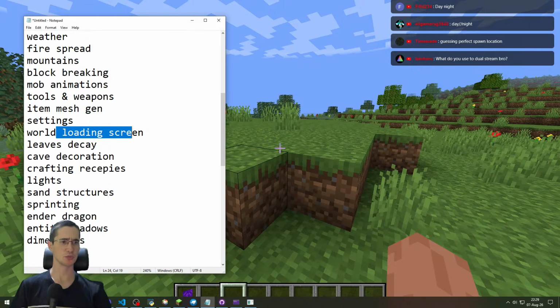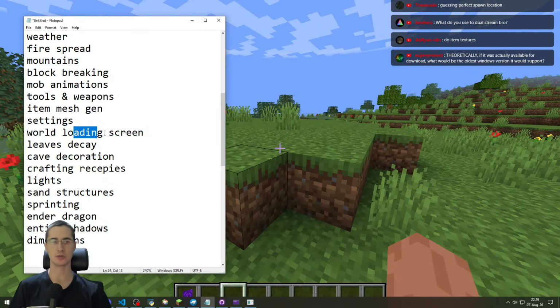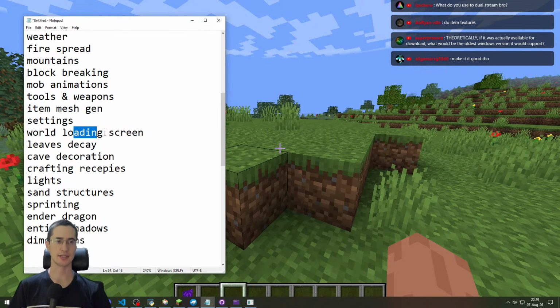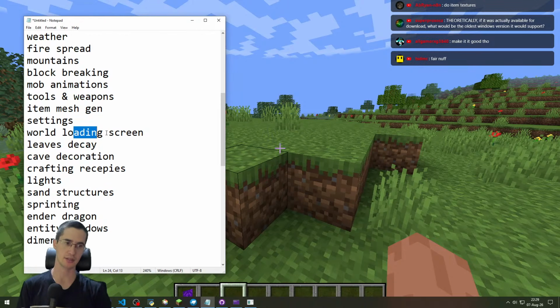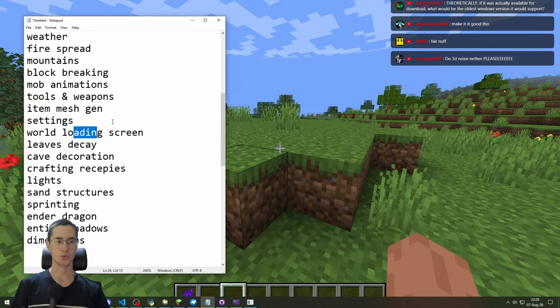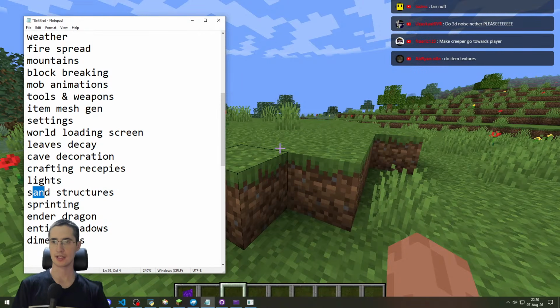Day night will take up too much time. Save and loading is not a good idea, because once we add a new feature, it will break the save and loading system, I think. We could have simple save and loading that just focuses on the block type and ignores the block state. We could do it. Do 3D noise Nether. Leaves decay, cave decoration, crafting recipes, lights, sun structures, printing, ender dragon, entity shadows,